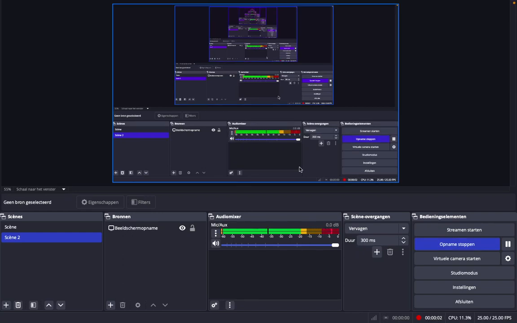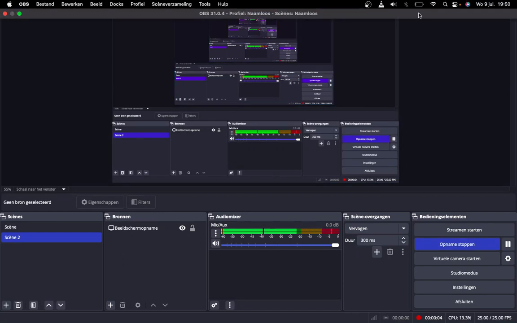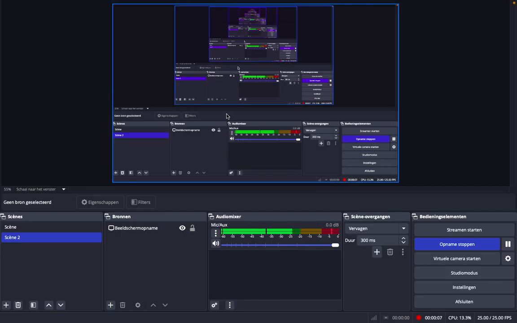Okay, take 3, and this is gonna be the last one because there's almost no more battery, and I have